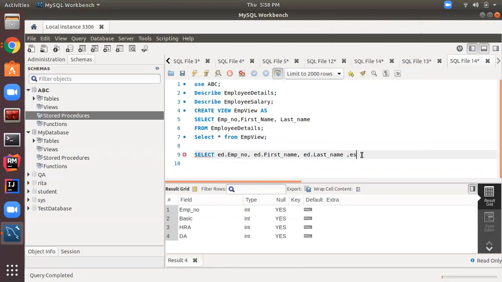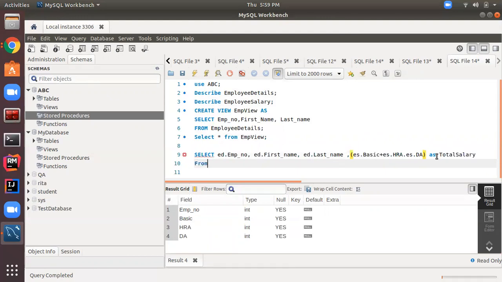And from employee salary, I want the sum of basic plus, I can use a mathematical expression over here, HRA, then es dot DA. And this I want to display as total salary. And from which table do I want it?